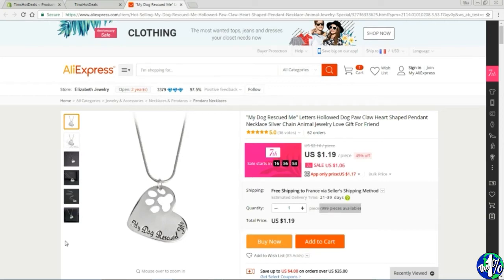Now, a simple product is just that. There's no variation. So it's just one size, one color. That's it. A variable product, as you might expect, has several sizes, maybe several colors, maybe other variations. A good example of a variable product would be a t-shirt, for example, which comes in different sizes and probably